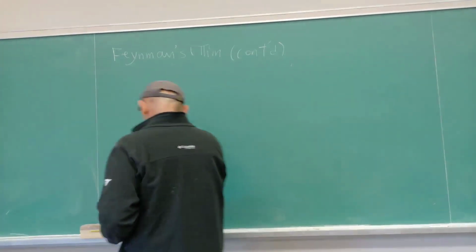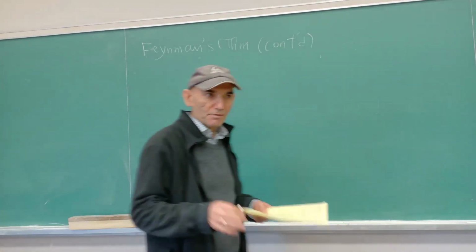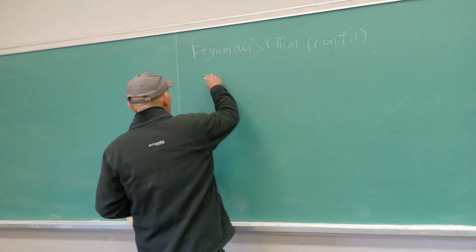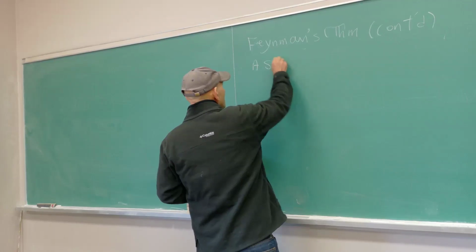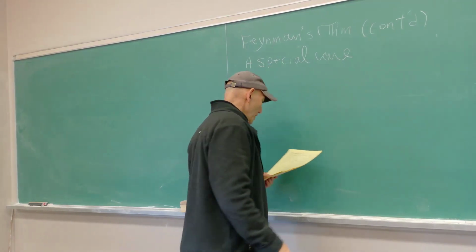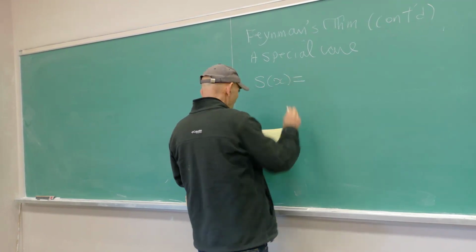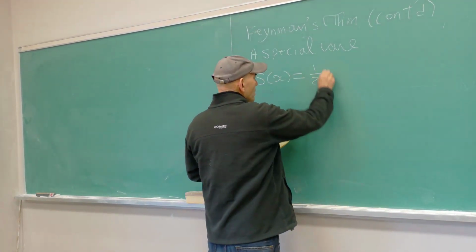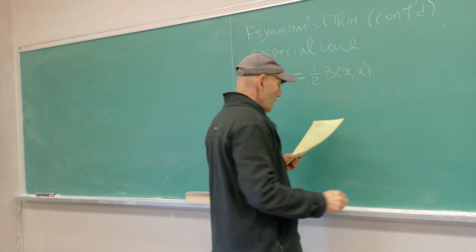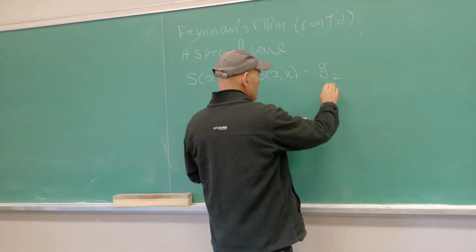last lecture. Just to get an idea, let me look at a special case. For this example, if you understand this example, you understand everything. That's it. So a special case. Well, this special case is where S of x is equal to 1/2 b of x, x. This is the quadratic part, and there is minus